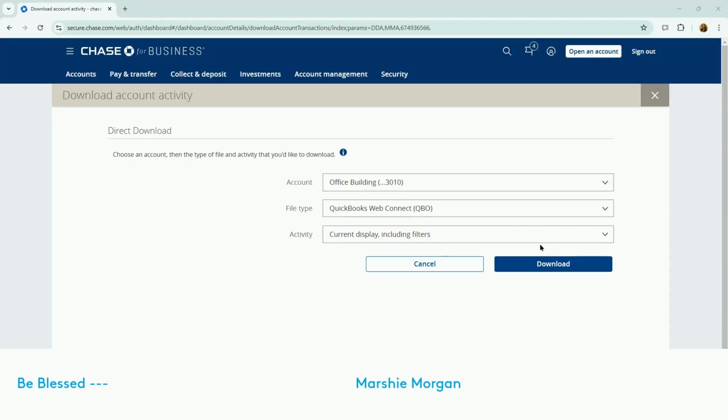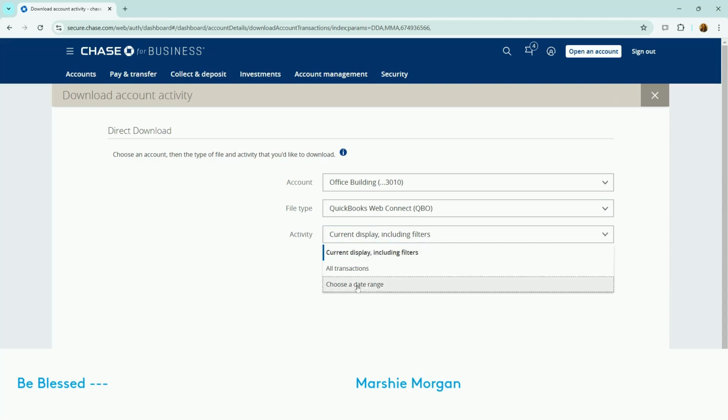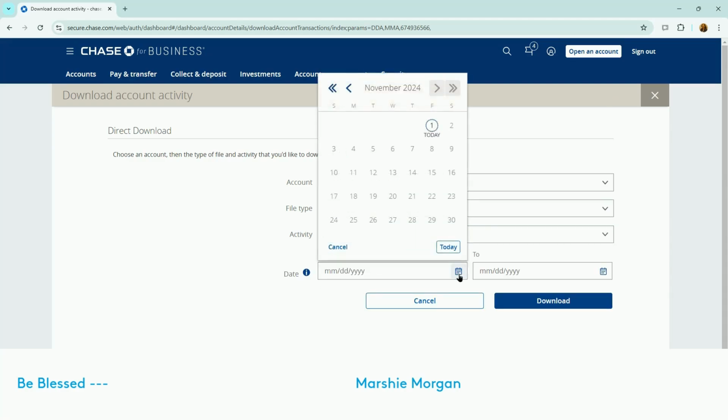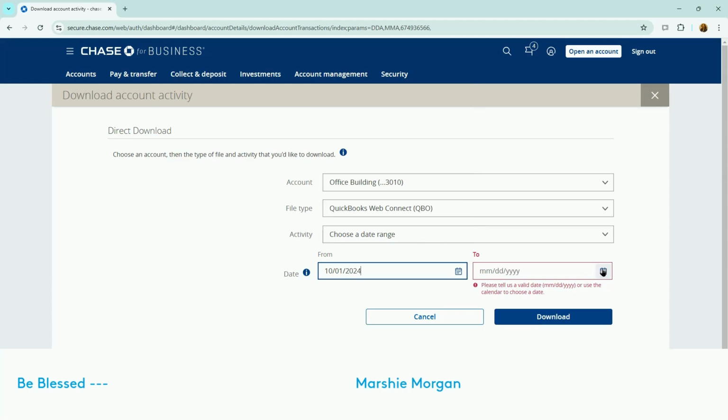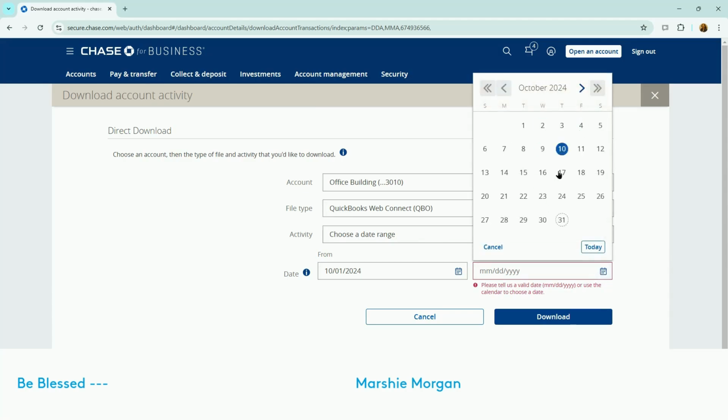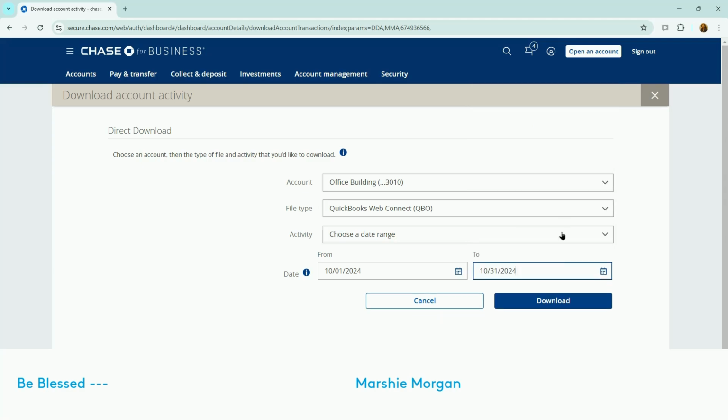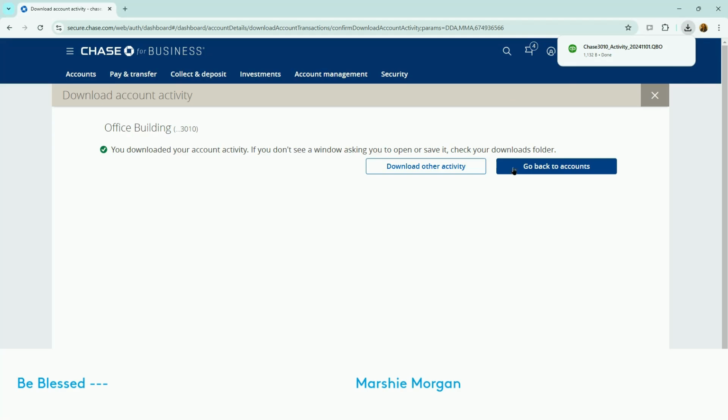So we're going to say the account that it's coming from. We're going to say QuickBooks, right? The file. And then we're going to give it a date range. And since it's November 1st today, I want October, right? I'm wanting that particular date range. I'm going to say download, and it's going to say up here at the top, it's doing its little thing. I click on it,